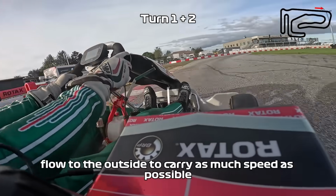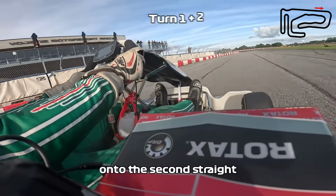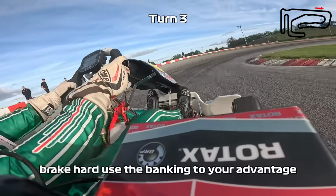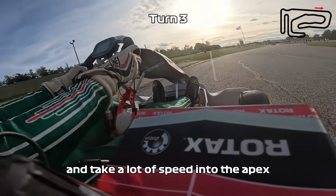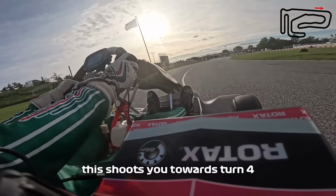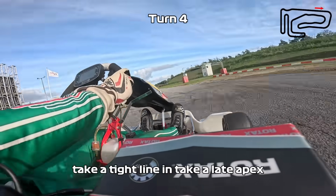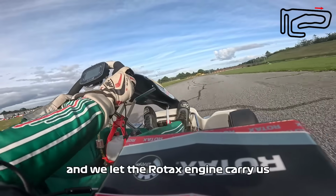Flow to the outside to carry as much speed as possible onto the second straight. We have a short straight before turn 3, a great overtaking opportunity. Brake hard, use the banking to your advantage and take a lot of speed into the apex. This shoots you towards turn 4, another hairpin and easy overtaking spot. Take a tight line in, take a late apex, early on the power, and we let the Rotax engine carry